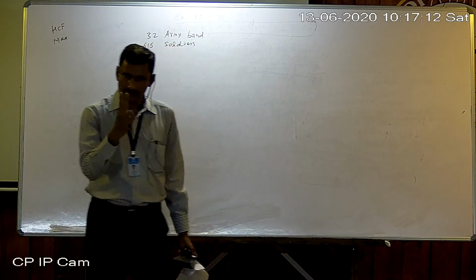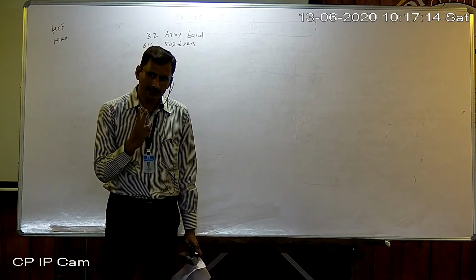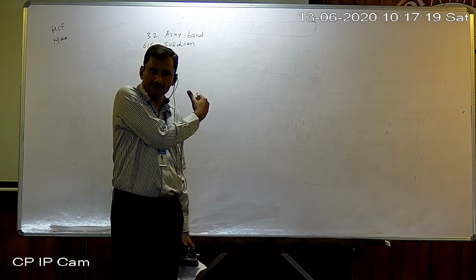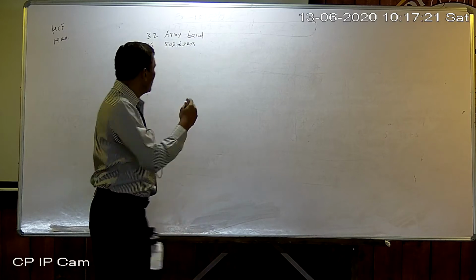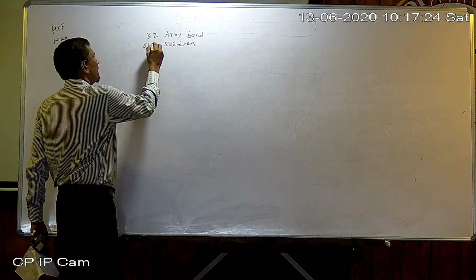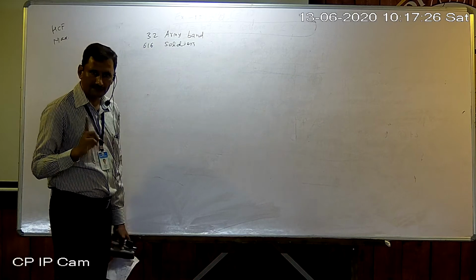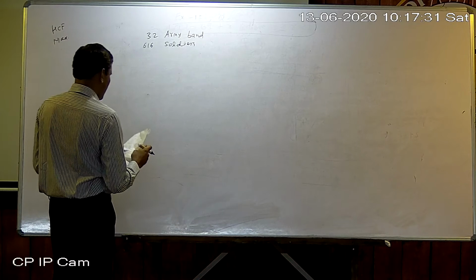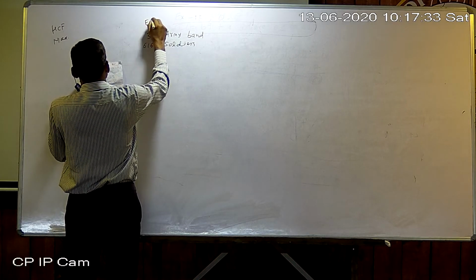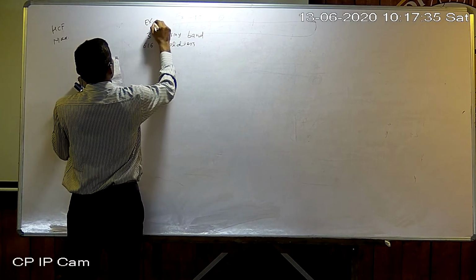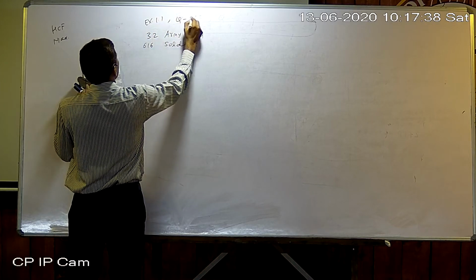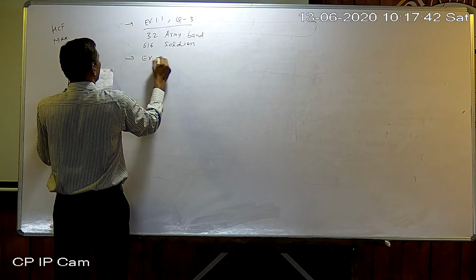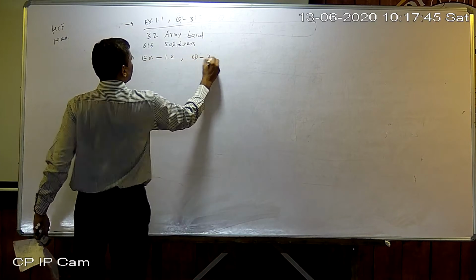You have two methods, either Euclid's method or the prime factorization method. By any way you can find it. Actually it is in the Euclid exercise, the first one. So I expect you will find it by Euclid's method, but HCF is required. That is our answer. This was from exercise 1.1, question number 3. Now another one, exercise 1.2, question number 7.